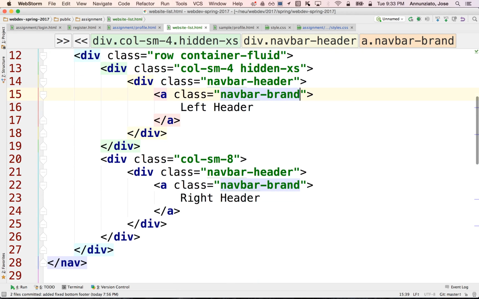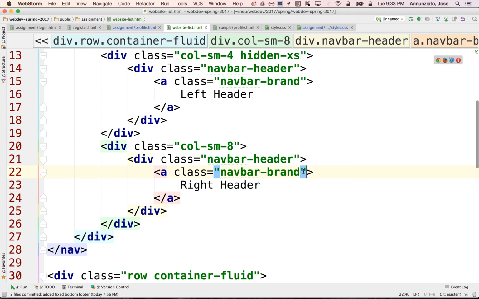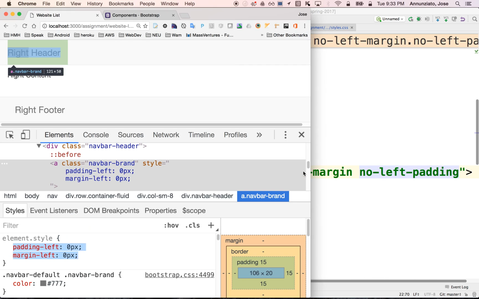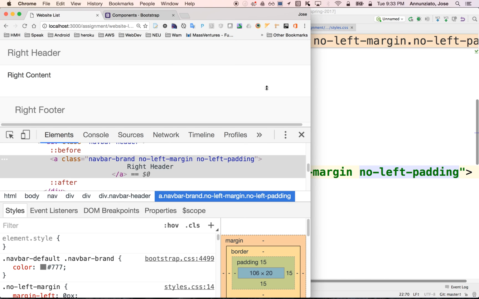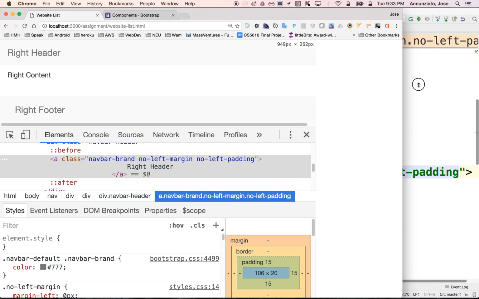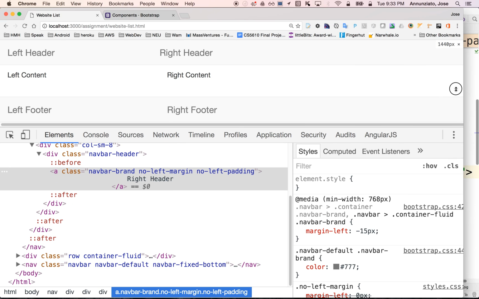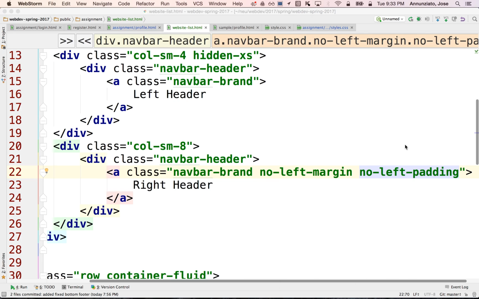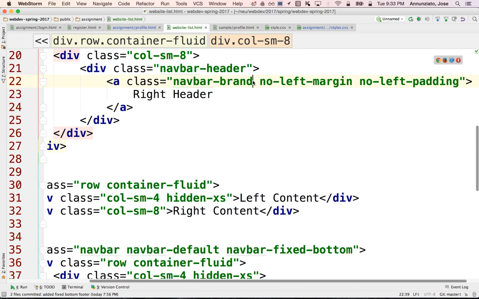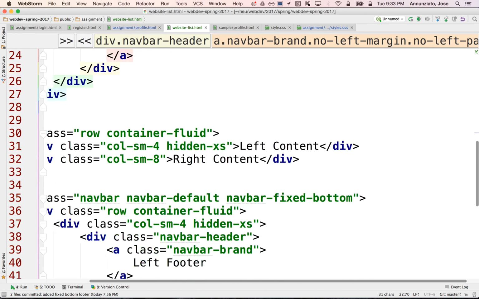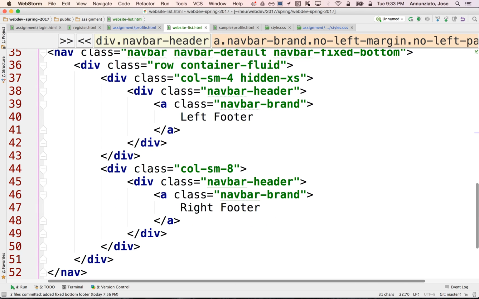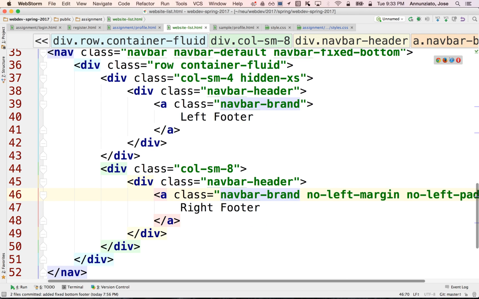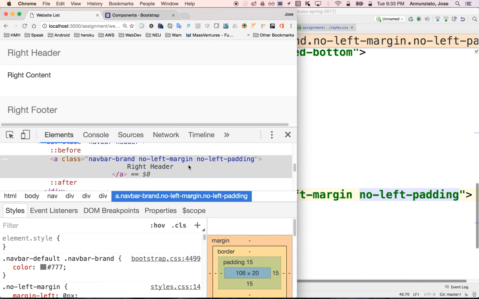These disappear, so it would be on these right here, right? Okay, so let's refresh. Okay, that seemed to work, right? There we go. So right header. There we go. And we might want to do the same thing for the footer, navbar brand. There we go. The right footer is now